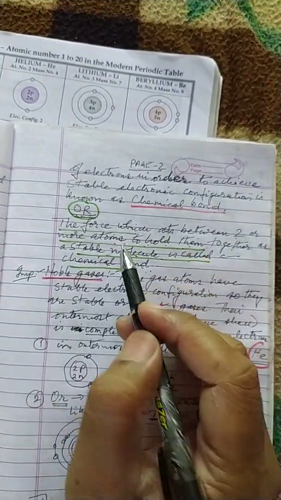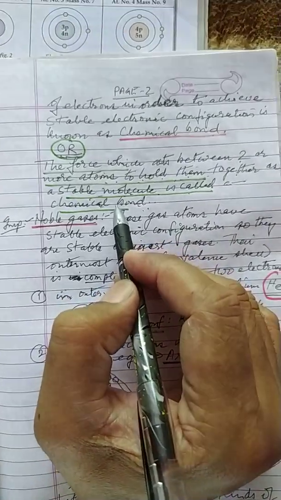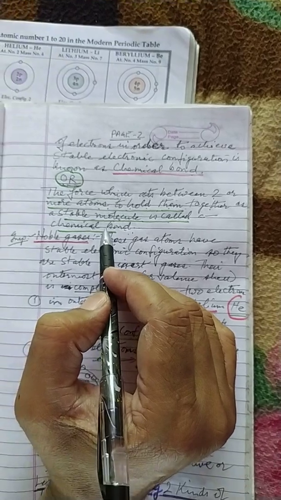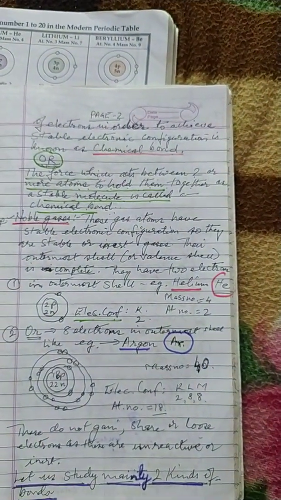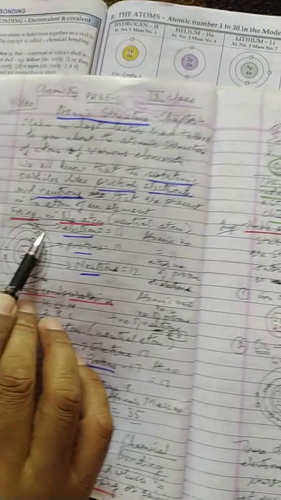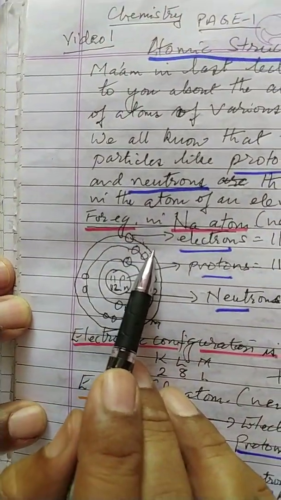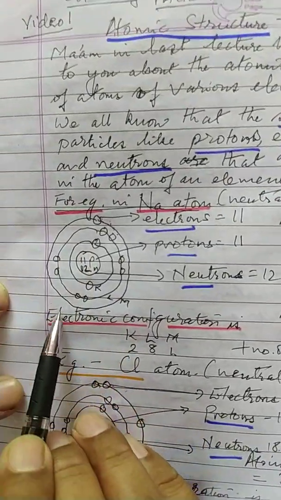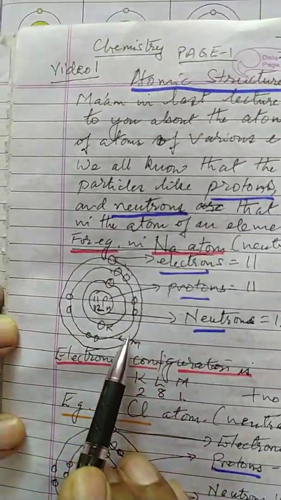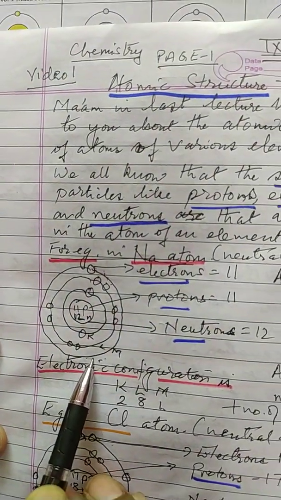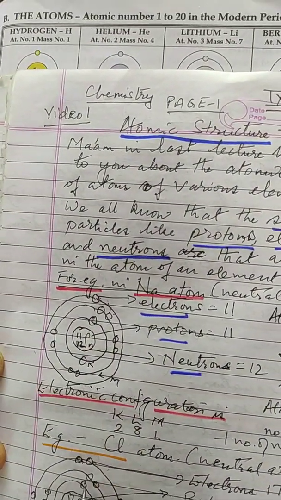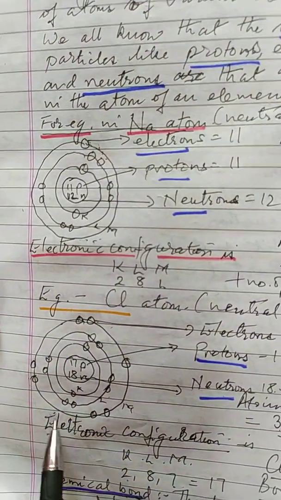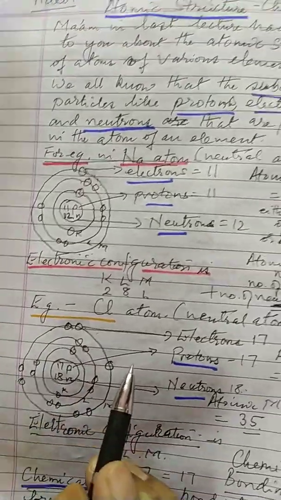Now, consider each atom which has not got a complete number of electrons in its outermost shell. For example, sodium has got one electron in its outermost shell. And how many electrons should be there in the valence shell? At least 8 electrons should be there, so that the octet is complete. Or in chlorine there are 7 electrons, so it requires one more electron to complete the octet in the outermost shell.